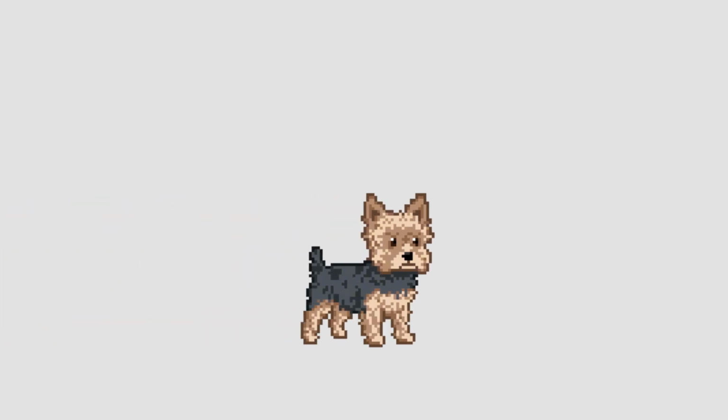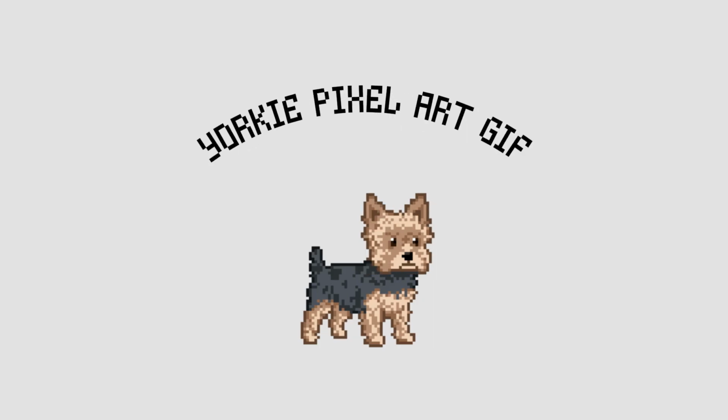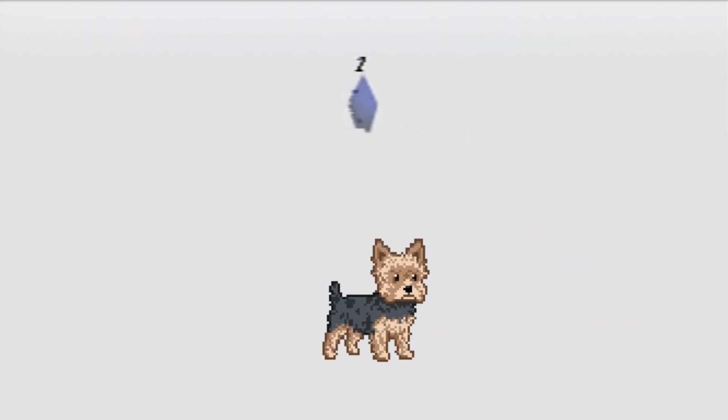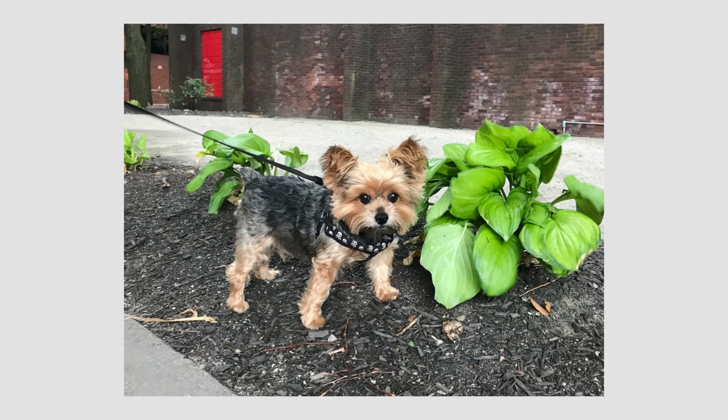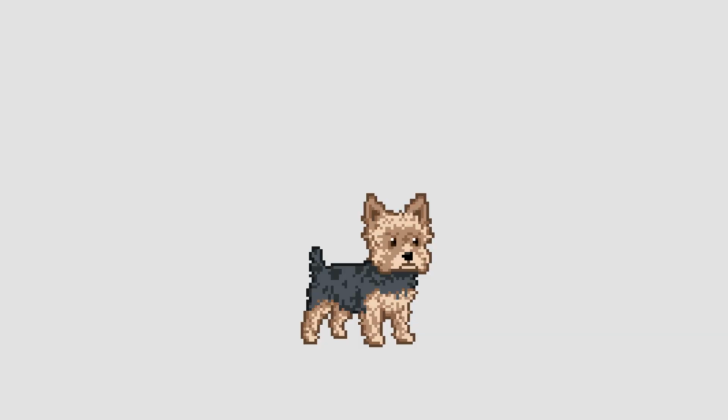Here's a short video on how I made my little Yorkie pixel art GIF. I like to make cute little in-game styled versions of dogs I used to work with. And the dog I decided to reference today is Henry. He's a cute little Yorkie, has very short legs, very content, very easy to work with, and I really enjoyed